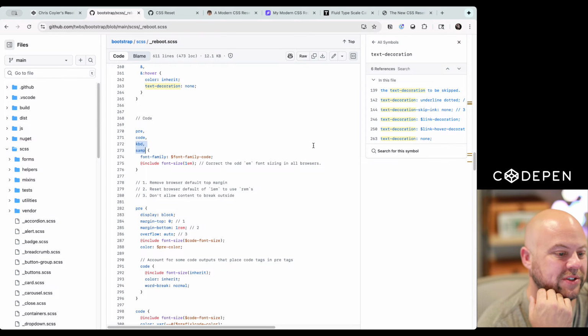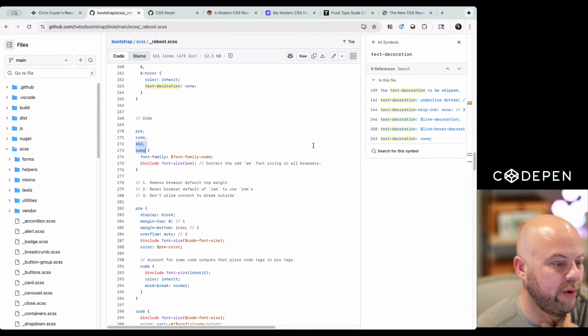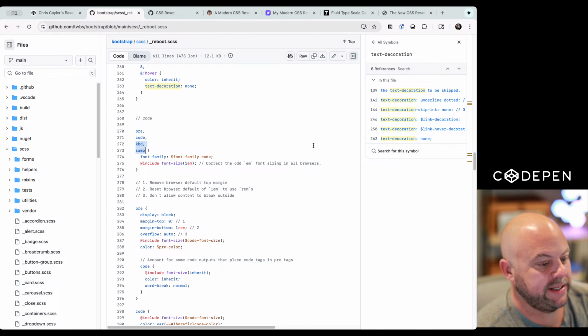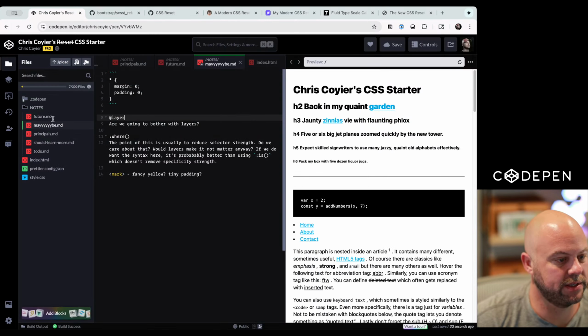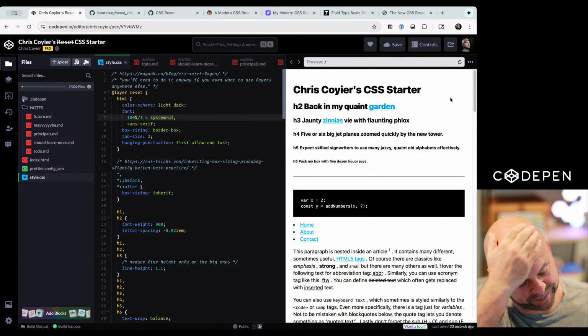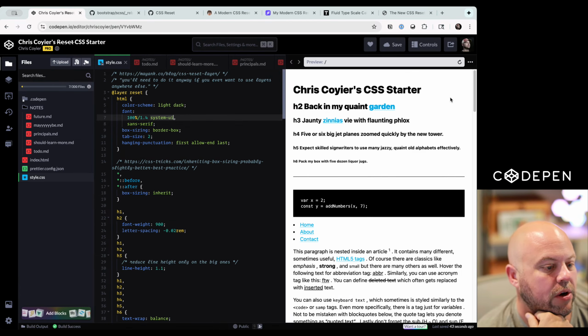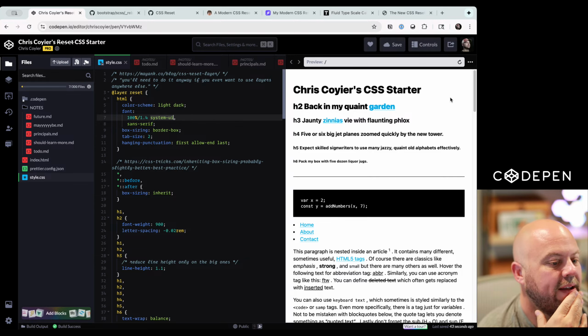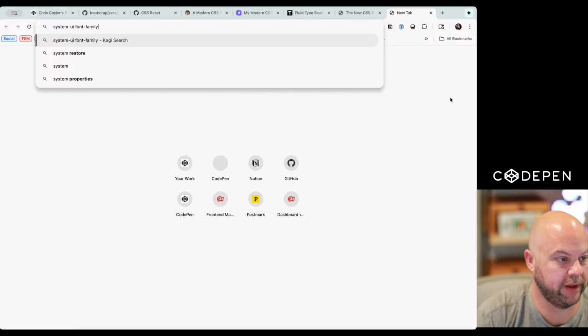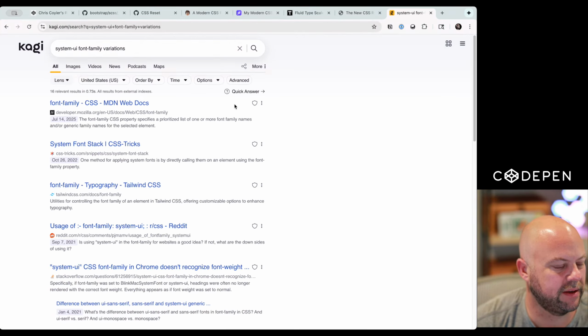Oh, this is kind of interesting where we did some special stuff for pre, but we didn't do anything for code. It's a little bit tempting to use a potentially nicer font family for any of the monospacey stuff, especially because we're using system UI up here. Isn't there a code version of system UI? System UI font family variations or something. I think